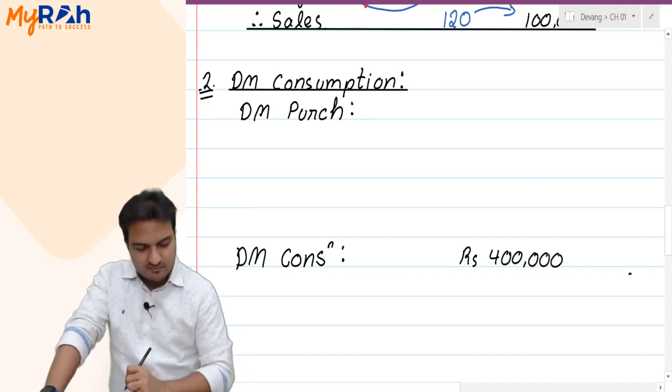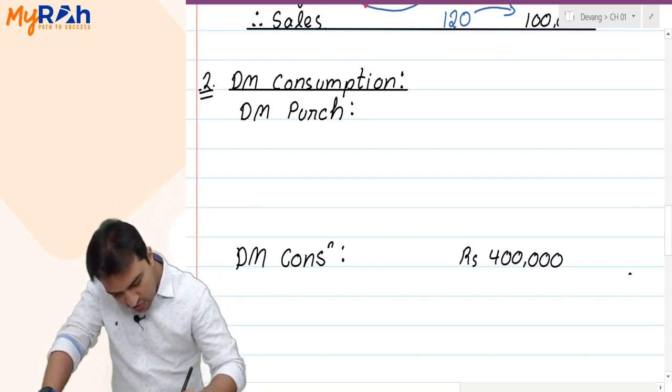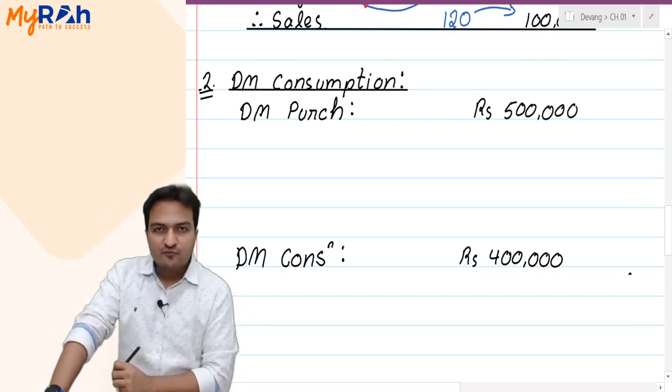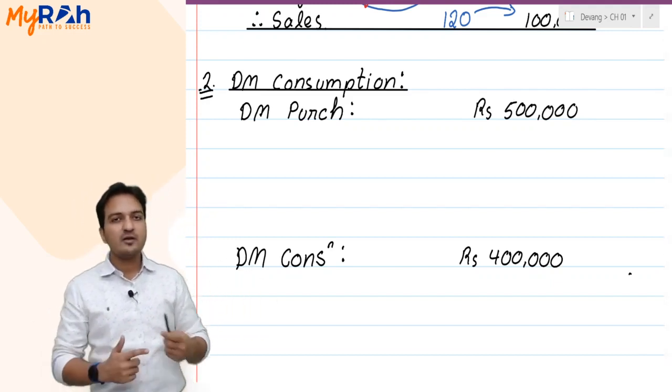I give you direct material consumption rupees 4 lakhs, same like question 1, and I also give you direct material purchase